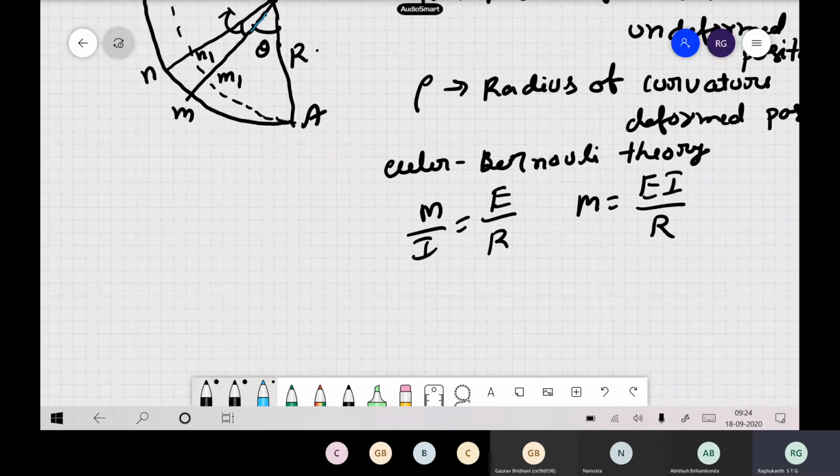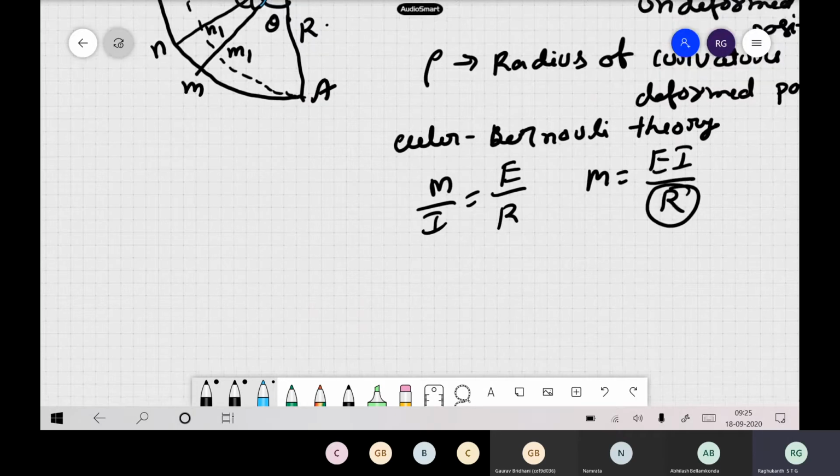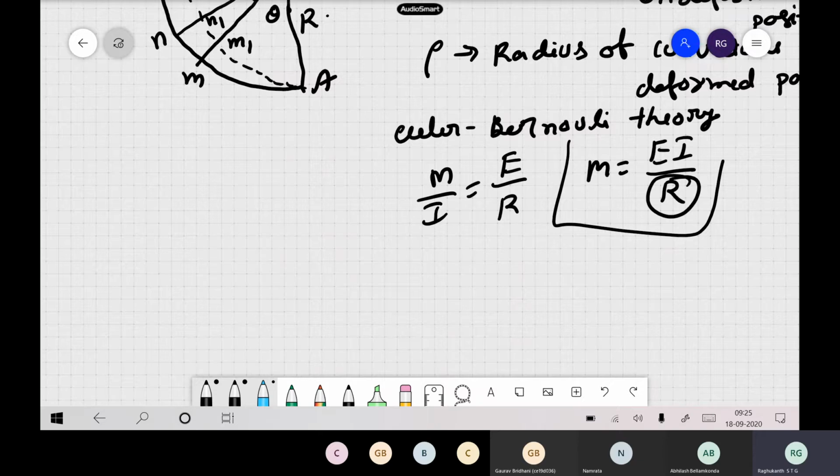Of course, in our beam theory, what we do is we replace R with y double dash. So we neglect that curvature. We expand, we neglect the higher order terms, and then we simply write EI into u double dash or some y double dash kind of a thing. But now since this is an arch and it is circular, we will not use that. We will use this expression itself.